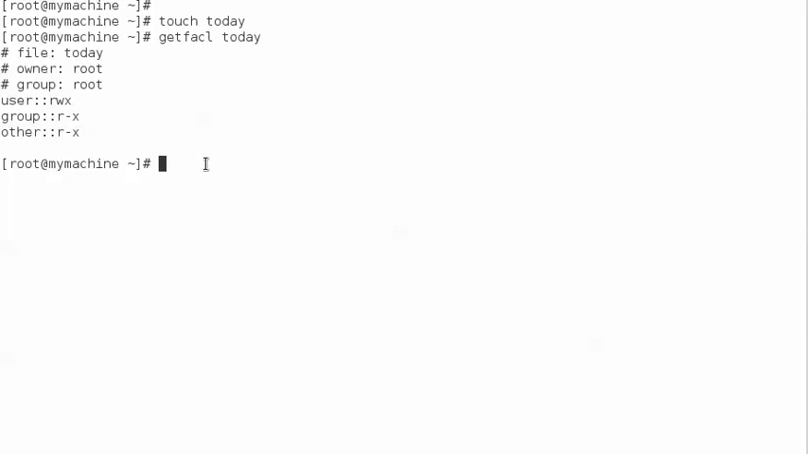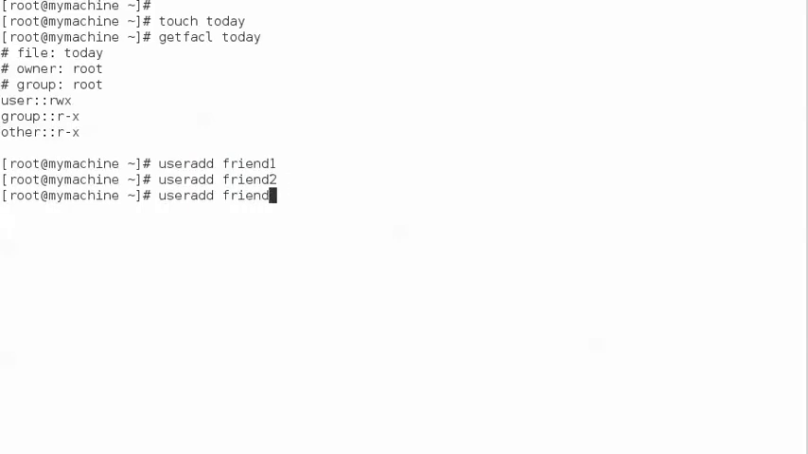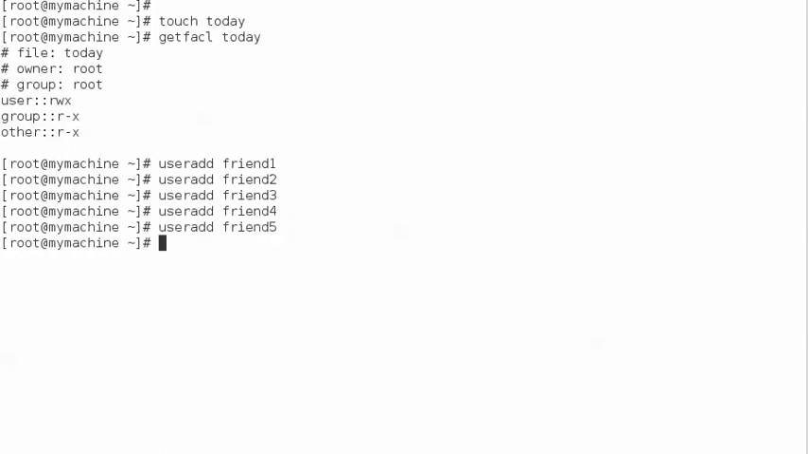So first of all, I am going to add a few friends in this machine. Suppose they are the users, right? So I am going to add a few users: friend1, friend2, friend3, right? There are other persons also, friend4, friend5, right? I'm going to set their passwords also,